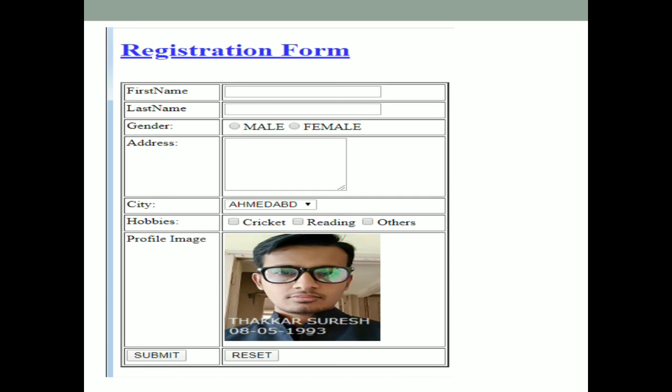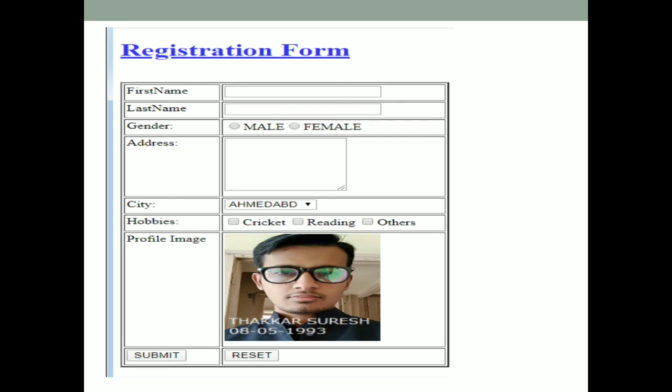This is one newer control included in this GUI based IDE Composer. Whenever you have multiple lines of text, meaning multiple lines of data, that time you have to use this type of text area control. So whenever you have multiple lines of text, or comments, or feedback type of data where a multiple line text entry will be required, that time you take this control, the text area.